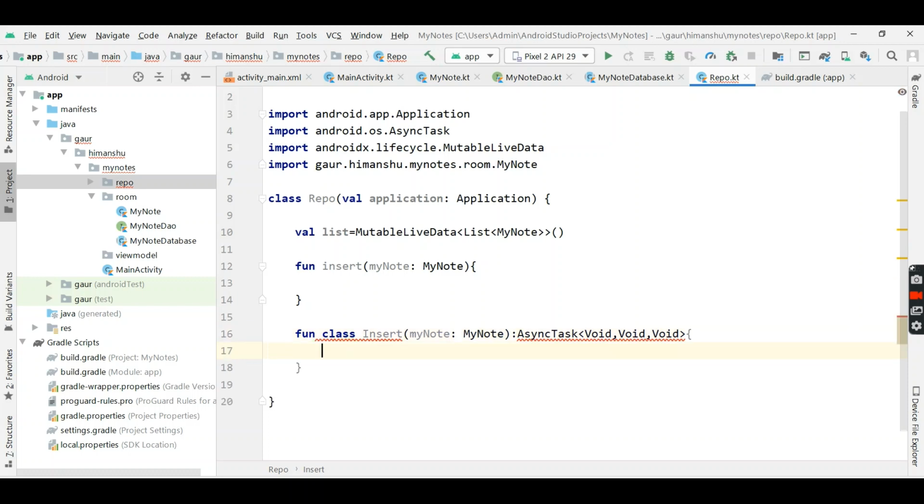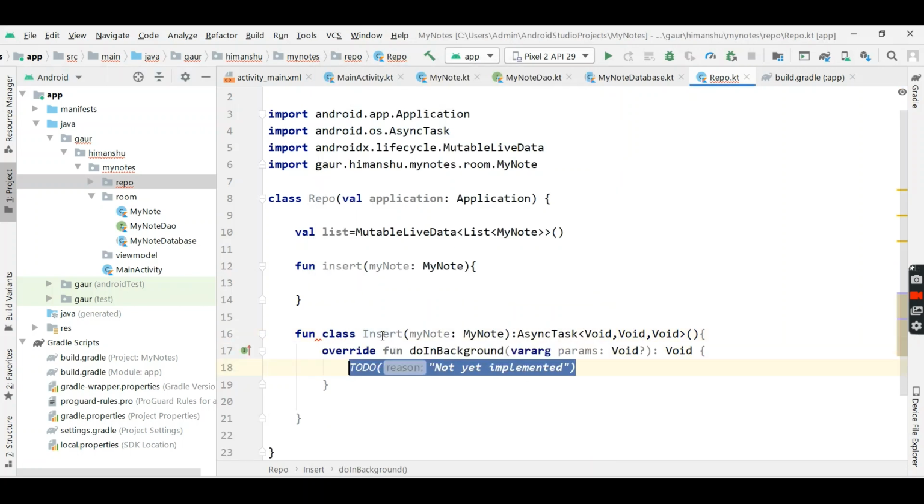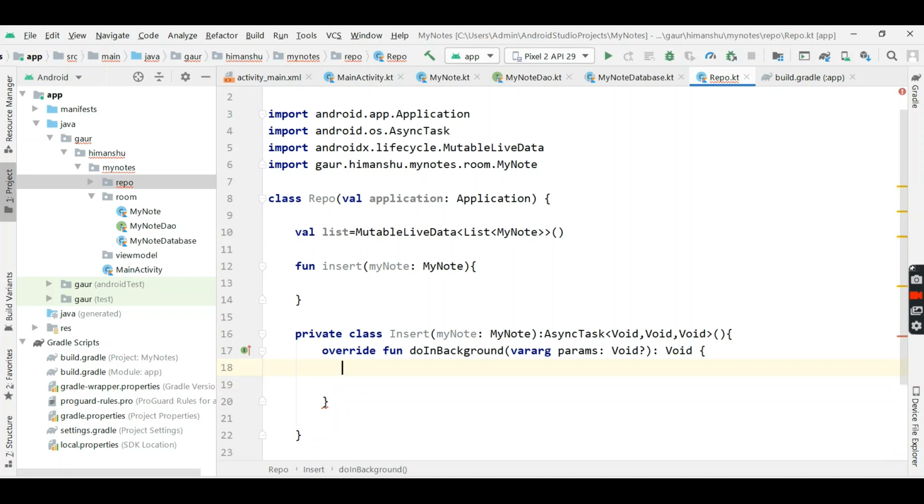So basically the first Void means we can't pass anything to this class, the second Void means we did not want any progress, and this third is our return type. So our return type is also Void. So now implement members, doInBackground. Actually it is a class, so no need to do this, and make it private, because we can use this class only in our repository.